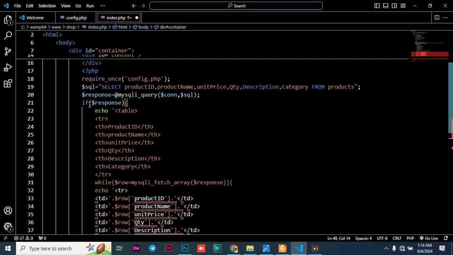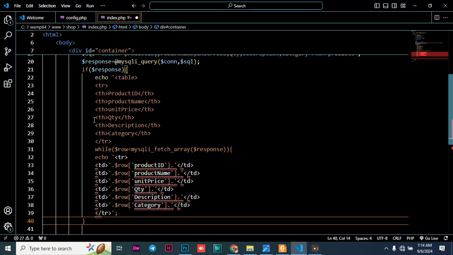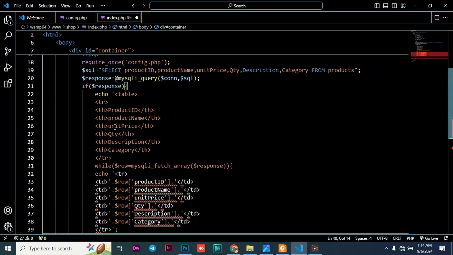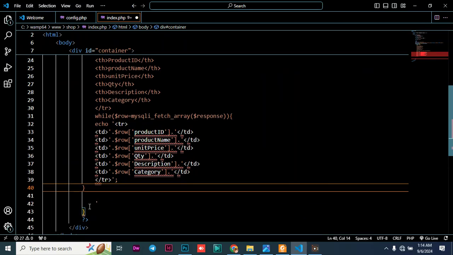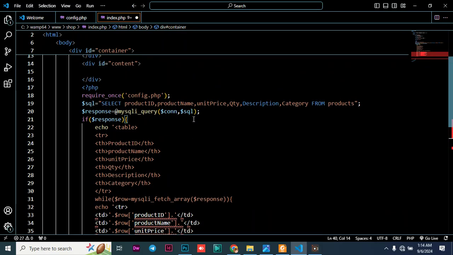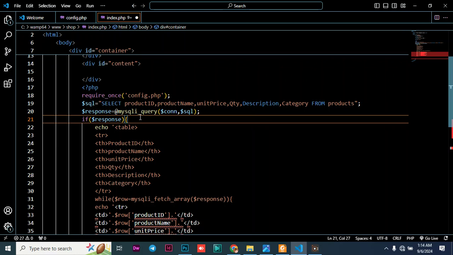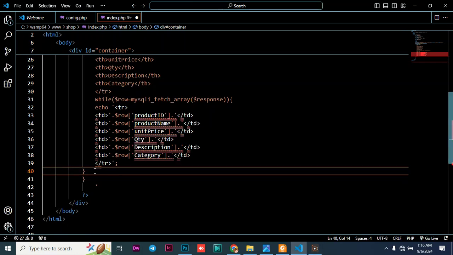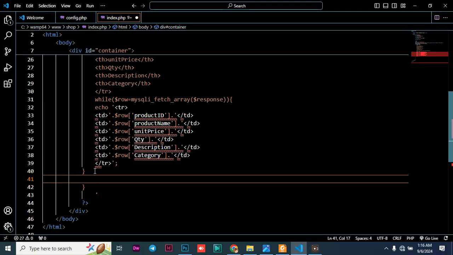We have the if response, and it's supposed to end somewhere. Let me find out, because it's showing where the if is supposed to end, and you can see it is still making this one active, which is not right. Okay, let me just write in the statement now, echo,